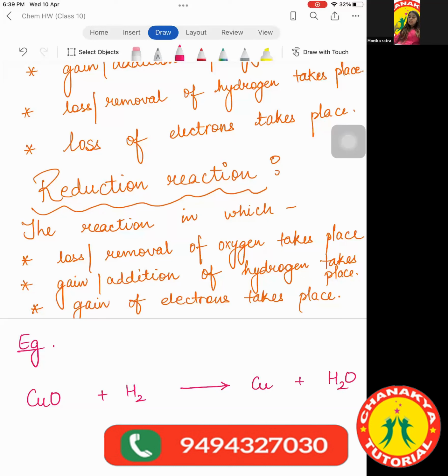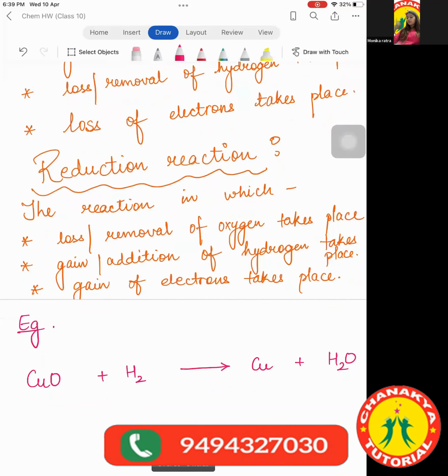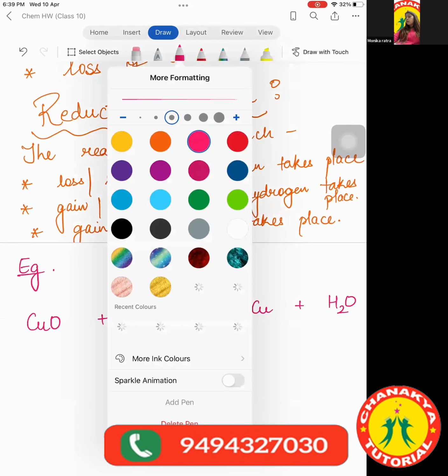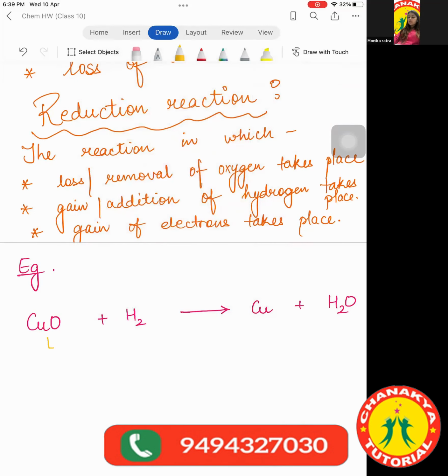Look at the screen for once, because to understand you should first listen. The copper oxide has converted into copper on the product side. We can clearly see that the removal of oxygen has occurred. So when the removal of oxygen occurs, we call it